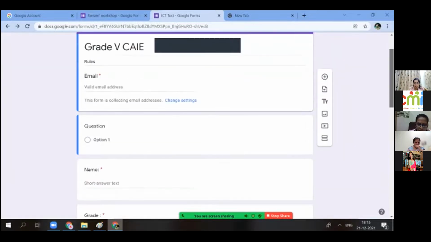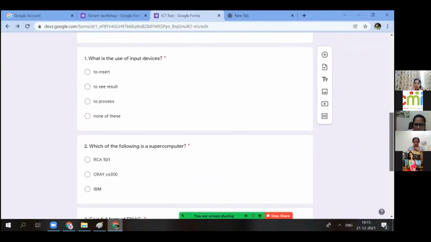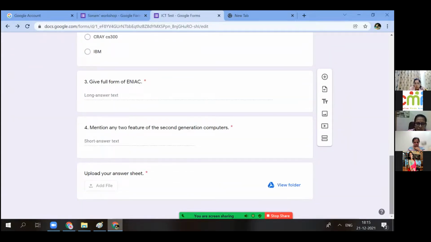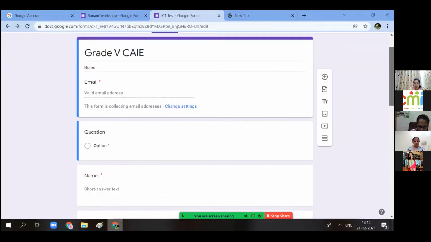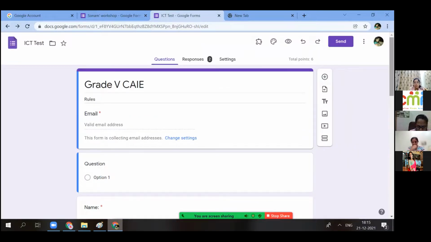Once I get the responses, we'll create an Excel sheet also, and we will see how we can release these scores manually and how we can even add on the marks. We can even give an option to insert a picture, so students can click a picture and insert that picture in the Google form. We'll see that also. So we have to fill the form and return it to you, right? Yes, ma'am. So that we can see how we can manually add on the marks, and how students will get the scores for that.